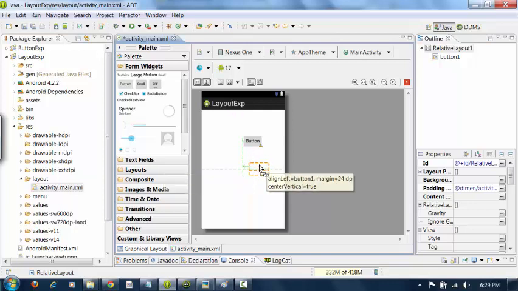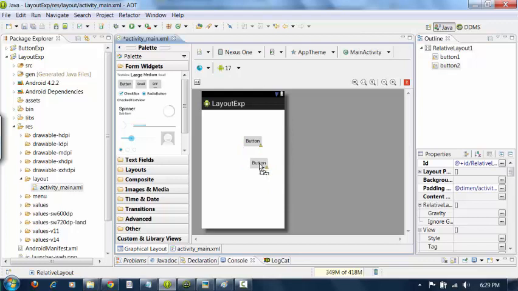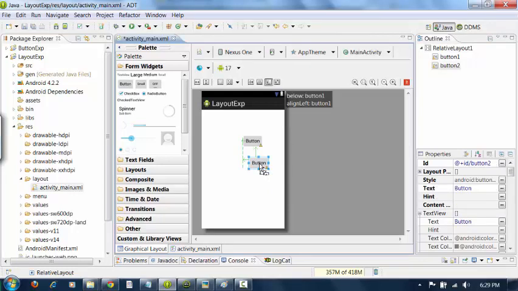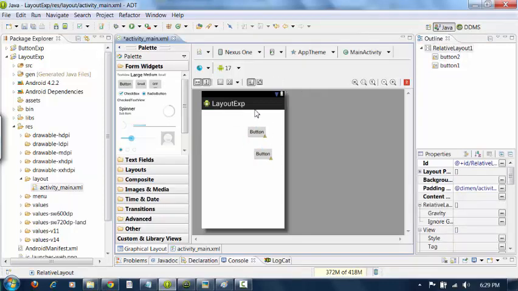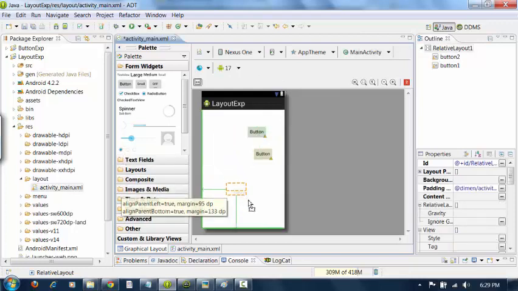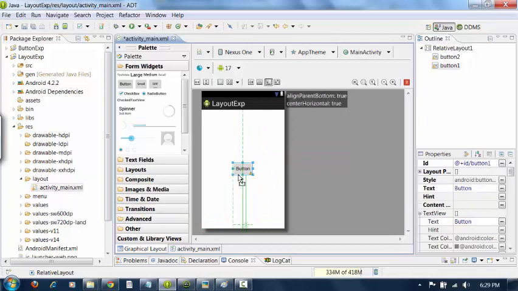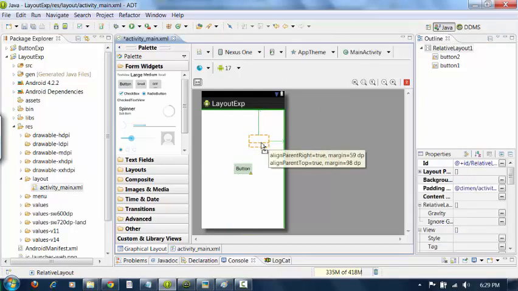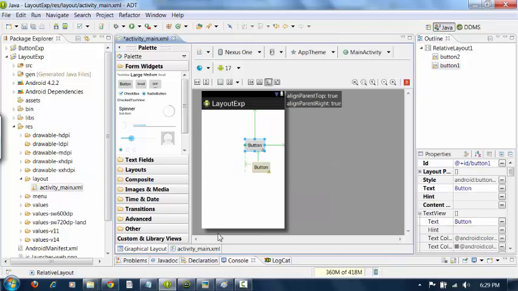It means you can arrange the components in a relative layout with respect to the parent layout. It means you can arrange this component with respect to the parent layout, or you can arrange a component with respect to other UI components. So this is about relative layout. But the option here is you can place anywhere in the layout. It is not like linear layout where the components are arranged one below the other or one after the other. Here you have the freedom to place components anywhere in the layout.